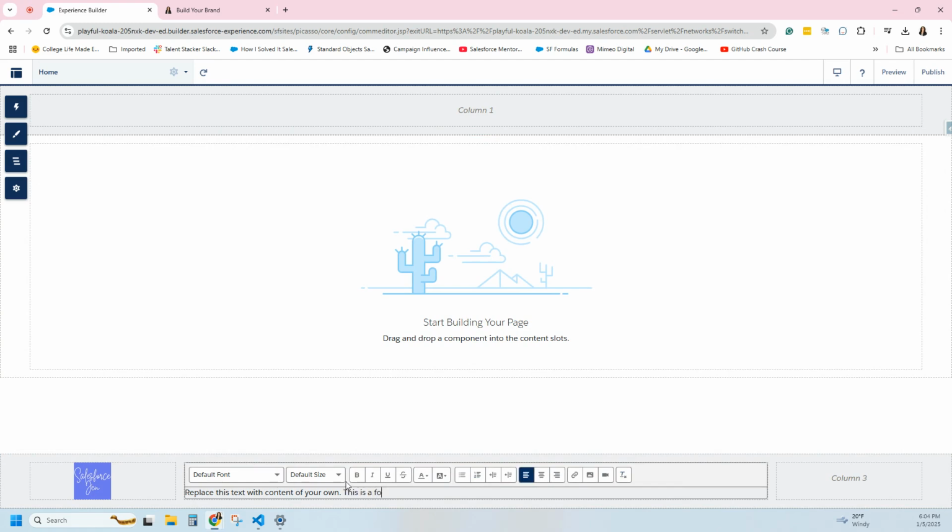This is a footer, and it's just a sample, and you can do anything you want with rich text. So I'm going to do a few things. I'm going to take,